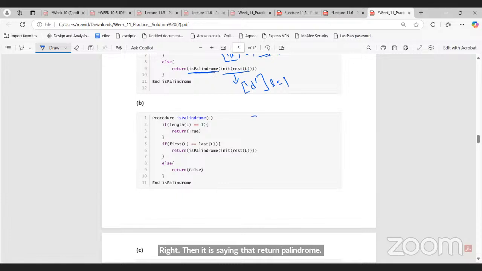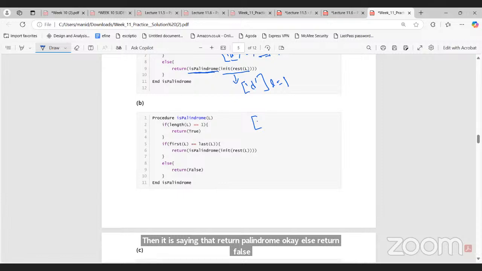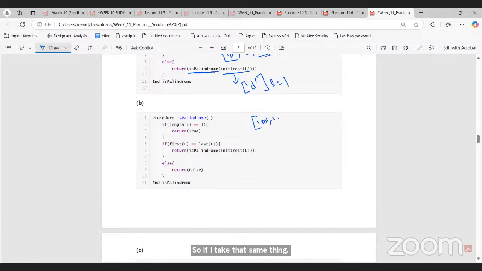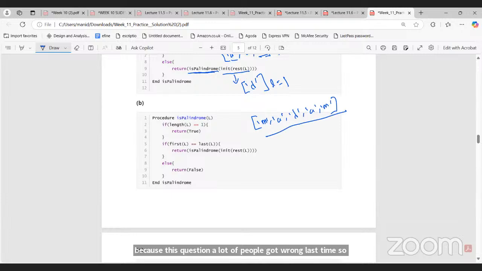So if I take that same thing, I'm just going to explain all the options here because this question a lot of people got wrong last time. So is palindrome, this is the list. Length of L is 1, no. Length is 5. So come to this, if first and last are same, yes. So return is palindrome init rest of L. That means these two are removed. So here now it is